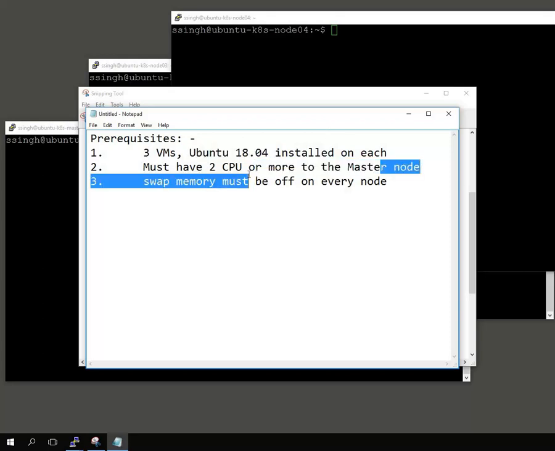The master must have at least two CPUs, else your cluster will not initialize, and swap memory must be off in order to initialize your cluster. So these are the prerequisites.